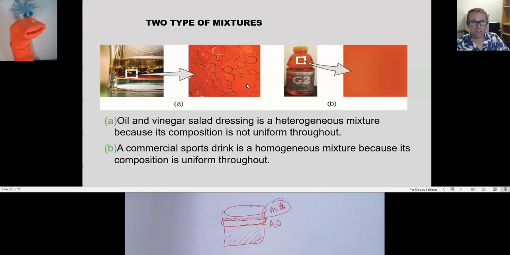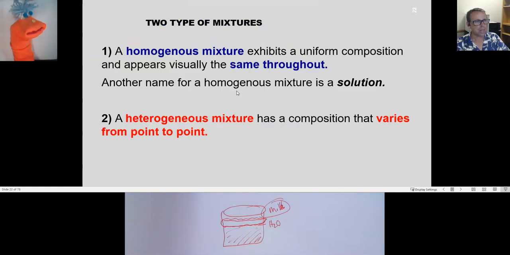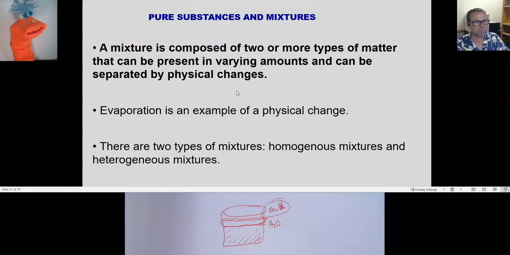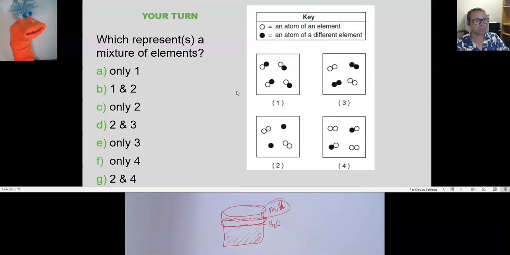So homogenized milk means that they have mixed it up well so that the protein, fat, and all the different components in the cream here are mixed well with the aqueous layer. Aqueous meaning water. All right? Okay, so homogeneous mixture, heterogeneous mixture, pure